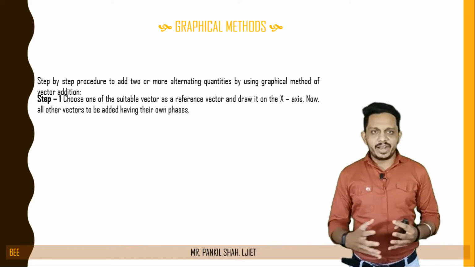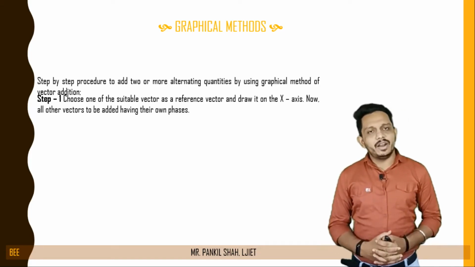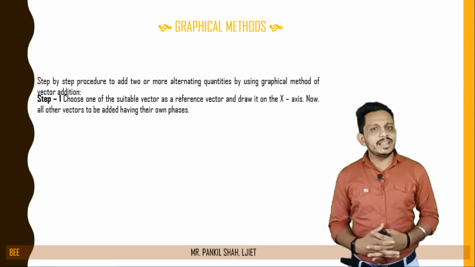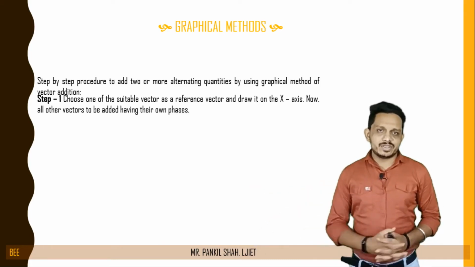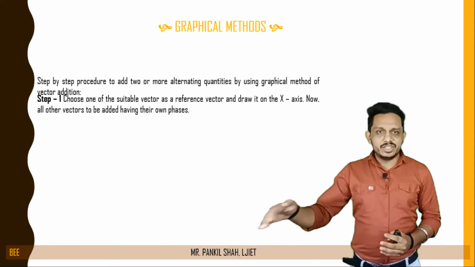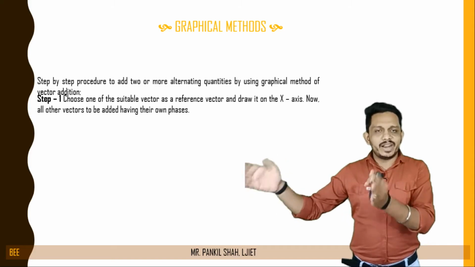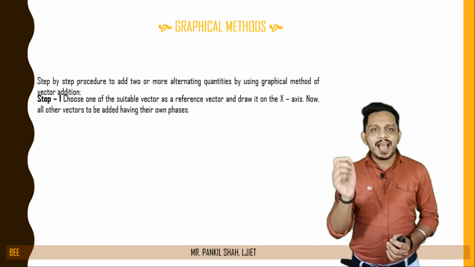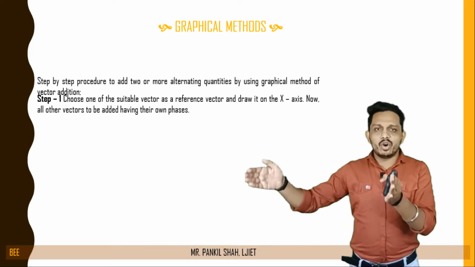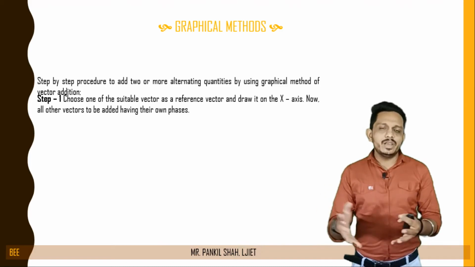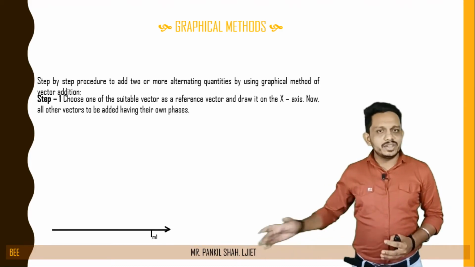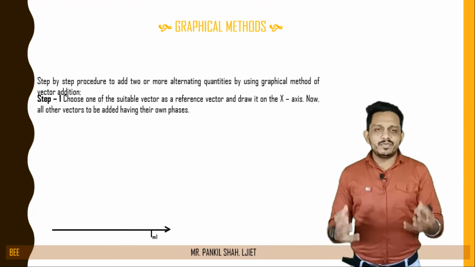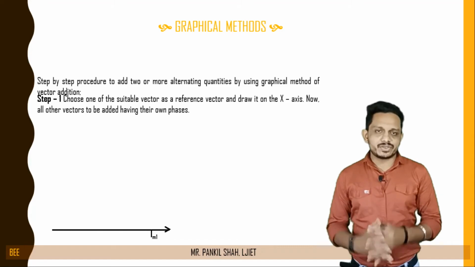Obviously we will take the vector which has 0 phase angle as the reference vector. If that quantity has 0 phase angle, then it is drawn on the x-axis at 0 angle, with the magnitude of that quantity. If we are taking the current quantity, then Im1 should be the magnitude or the length of that vector, and the angle will be 0, as seen in this figure. You can see that Im1 is the magnitude of this vector's line length and 0 is the phase angle. We have drawn this on the x-axis.